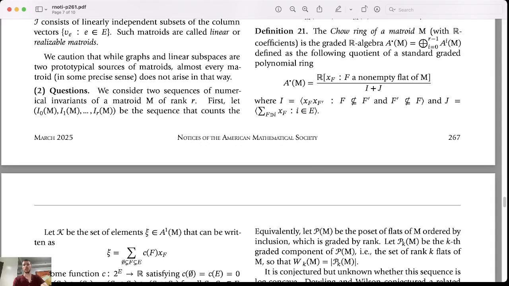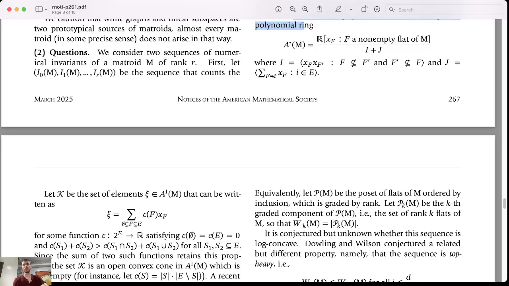Definition. The Chow ring of a matroid M with real coefficients is the graded real algebra A of M equals the direct sum, i from 0 to R minus 1, of Ai of M, defined as the following quotient of a standard graded polynomial ring. A of M equals the reals adjoin X_F such that F is a non-empty flat of M, all divided by I plus J, where I is the ideal generated by X_F